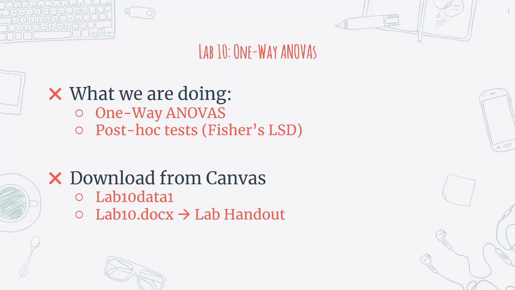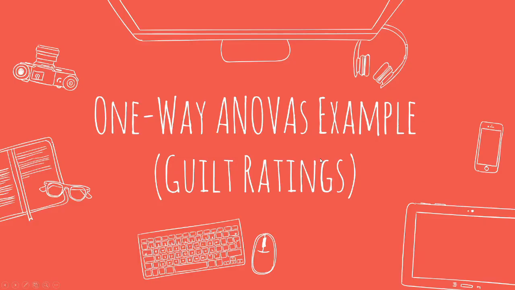Welcome to Lab 10. This week we're going to be talking about one-way ANOVAs as well as how to run post-hoc tests using Fisher's LSD to determine whether there are differences between group means within a study that has more than two groups. First, we're going to be talking about the example we'll be covering in class about guilty ratings